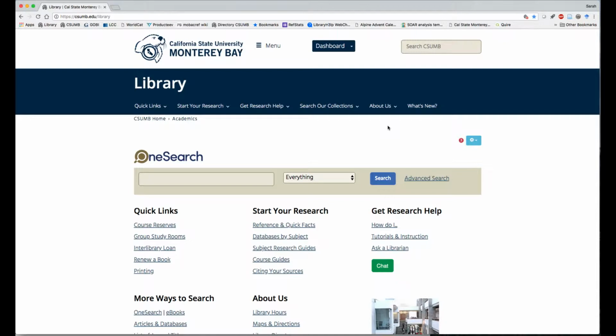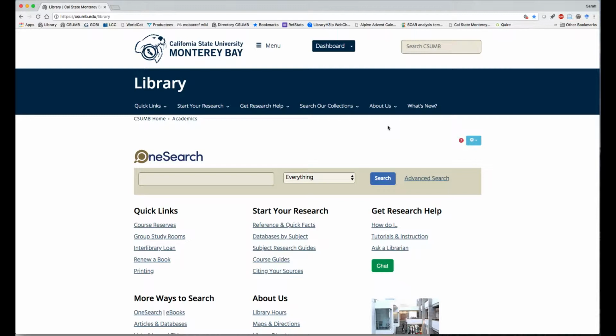You've probably already discovered the limitations of Google when it comes to finding credible scholarly information on your topic. You may have already used library databases for some of your classes, but for more in-depth research, including capstone research, you'll want to go beyond your one favorite database and do a more comprehensive search in multiple databases. To do that, the first thing you'll need to know is how to pick databases that are a good fit